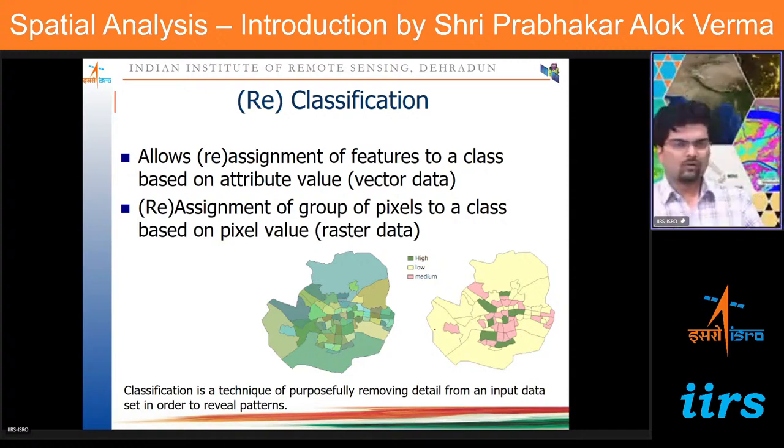So if you can classify the satellite data, easily you can find out where is built-up area, where is river body, where is forest area, where is agricultural land. So that way classification, reclassification helps because the pixel-wise details are removed, but overall patterns you will identify. For example, in these two figures,